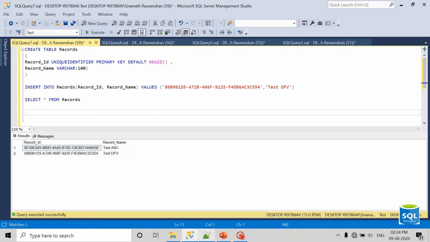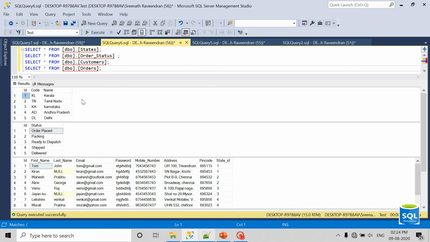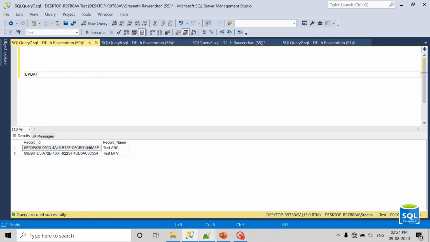Let's say we need to update a record for a column. The second record in the customers table has no last name. Now let's see how we can update that value after inserting.